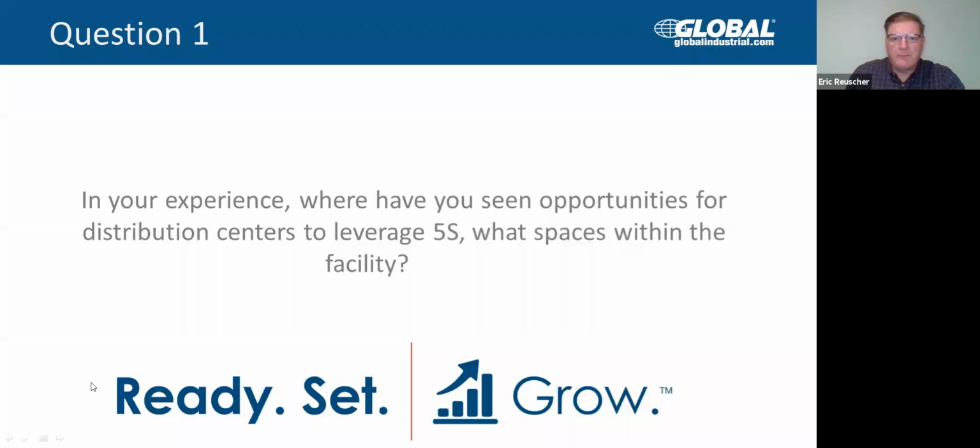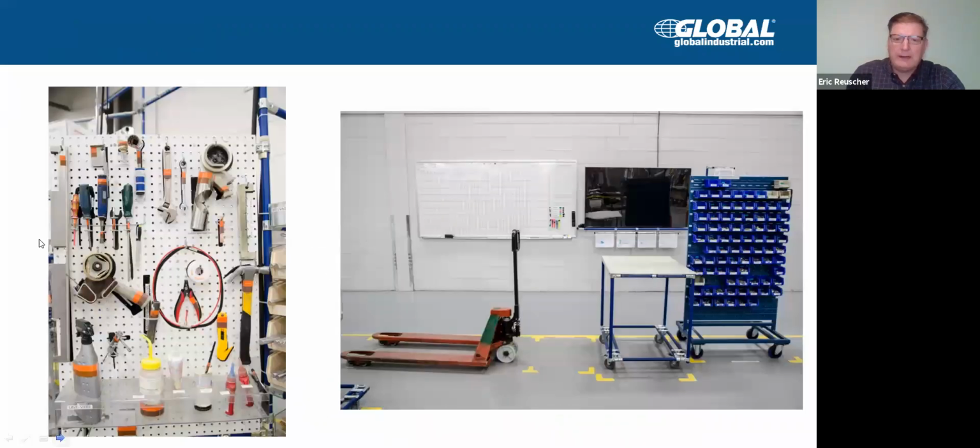You have movement. So 5Sing and making sure you have all the PPE for that area in one spot where everybody knows where it is and everybody can use it, and they're not trying to find it or trying to do work without it because they can't find it, is very important. But then on top of that, on the emergency response side, if you do have a problem, you need a 5S and you need to make sure that you have your emergency response ready, marked, and placed in that area where everybody knows where it is.